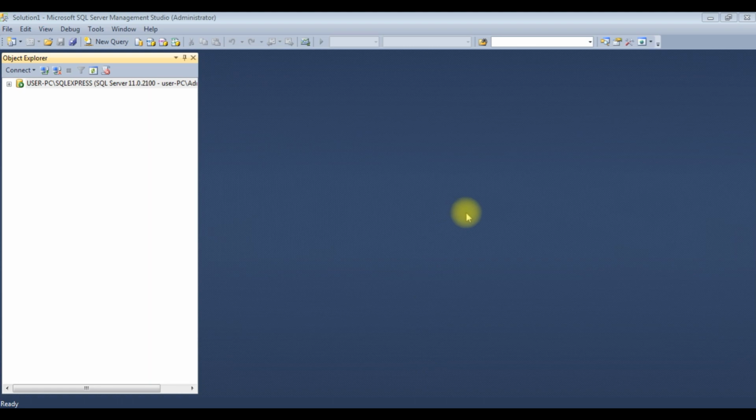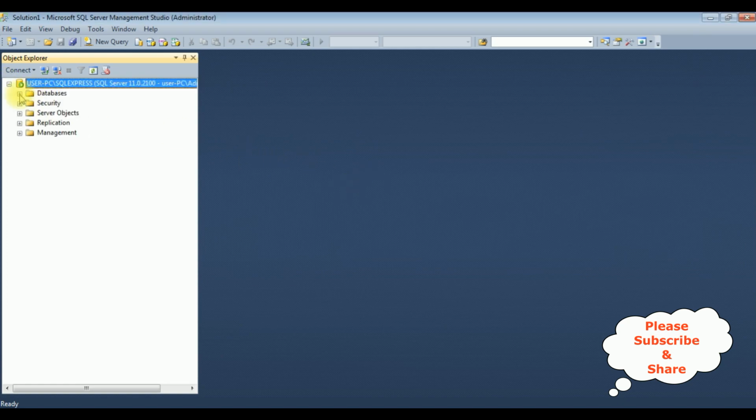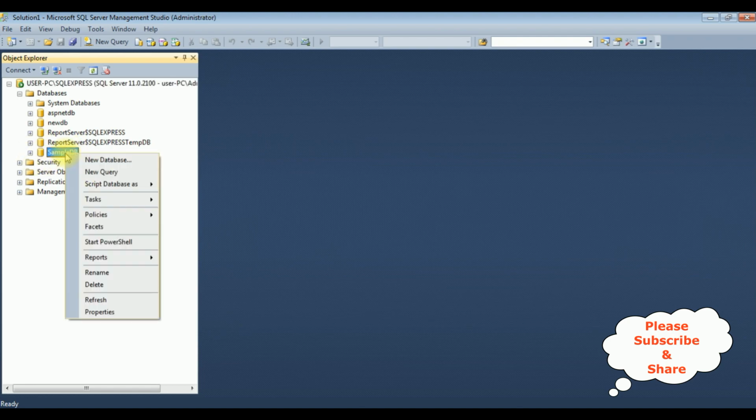Before writing the coding part in MVC, first we'll create a new table and stored procedure in Microsoft SQL Server Management Studio. I just logged into my SQL Server Management Studio. I'm expanding the root folder. I'm expanding the databases. The sample DB is a user database. I want to create a new table and a stored procedure in this sample DB database. Right click the sample DB, new query,